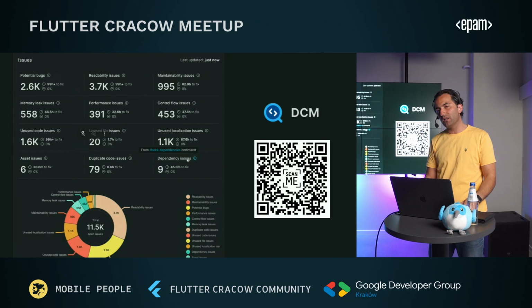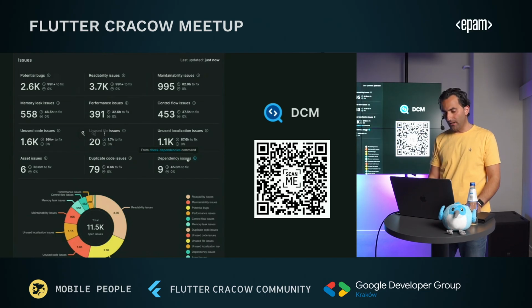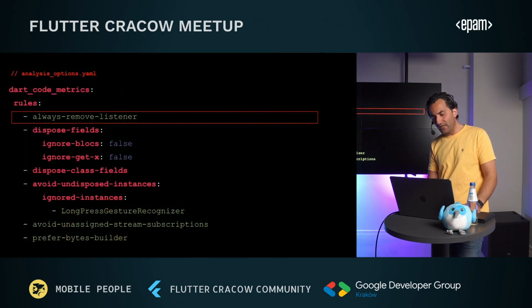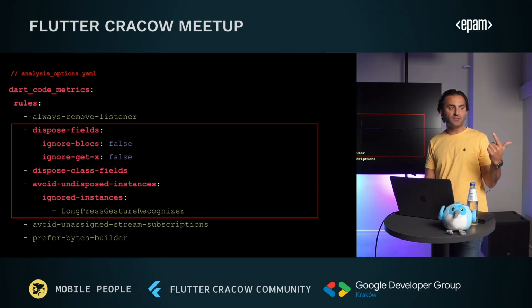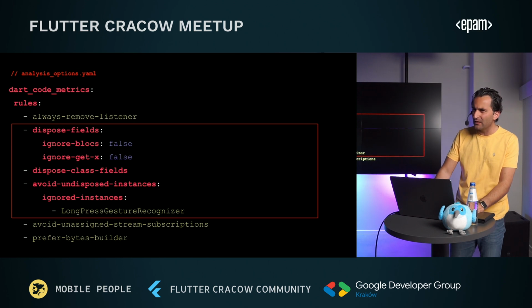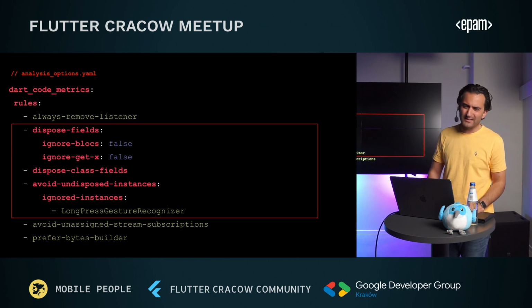But the DCM can help you to realize that by uploading your project's metadata. A couple of rules here, for example, for removing the listeners. That's one thing. So disposing the fields or classes that have an explicit dispose method. So you can have rules, you can even customize them. So there might be some classes that you don't want to necessarily dispose. You can even customize and say, hey, I don't want to dispose, for example, LongPressGestureRecognizer, or whatever. Just give it some